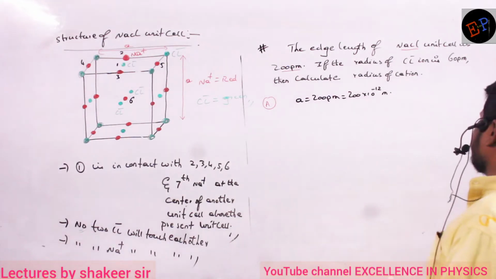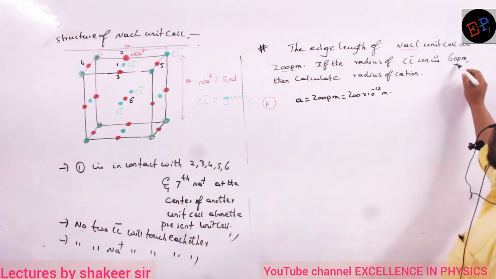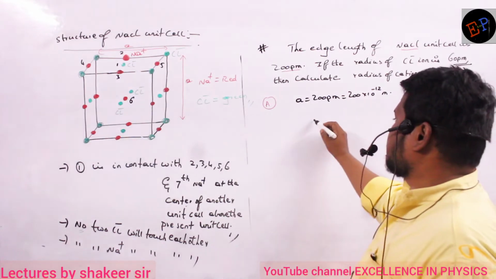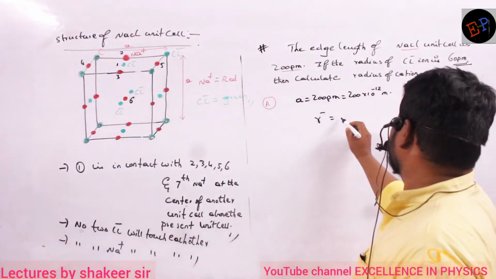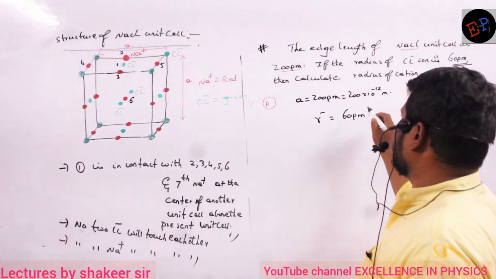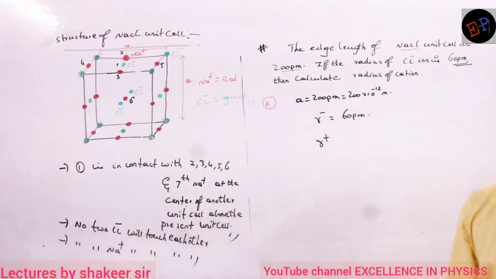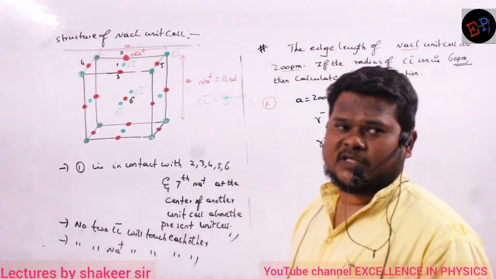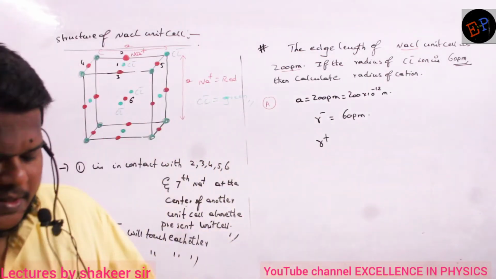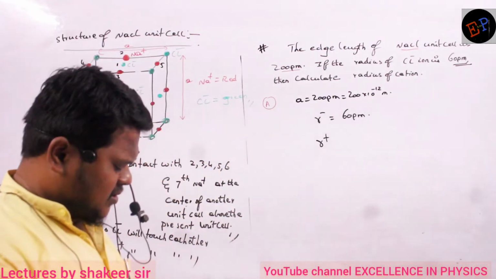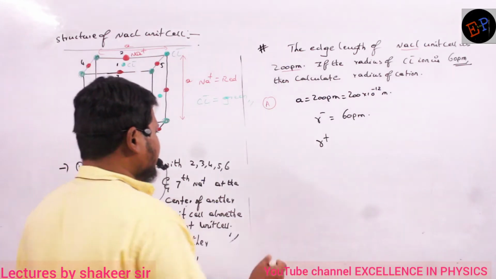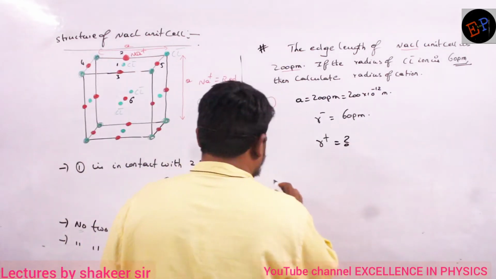The radius of Cl minus ion is 60 picometer. So the radius of Cl minus is how much? 60 picometer. Then calculate the radius of the cation. It means we are supposed to find out the radius of Na plus. That's what we are supposed to calculate. Clear? See, in edge lengths, what is the method of calculation? Make a note of this point. The hint is that